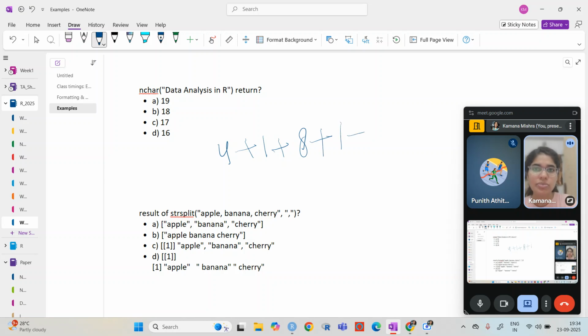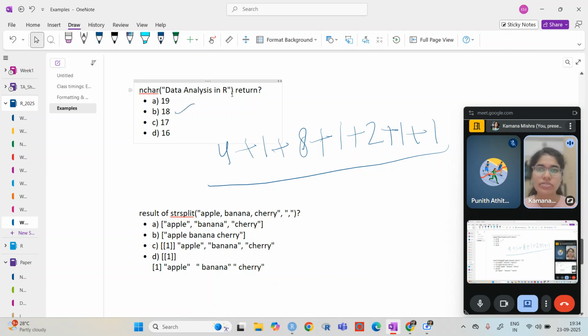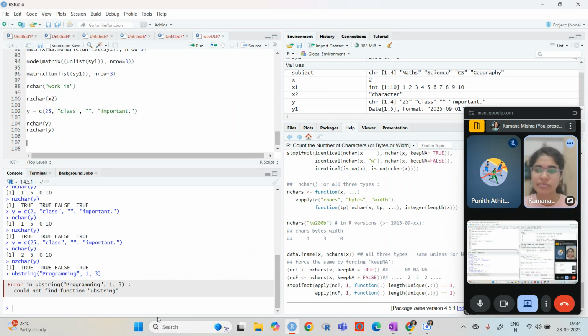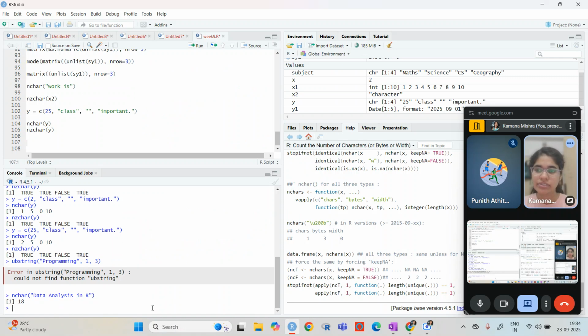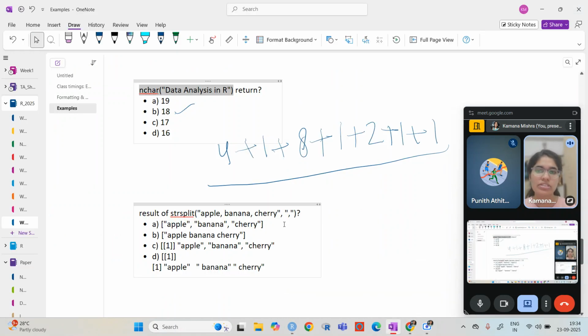Then there is one space, then "in", then one space, and then "R". Or let's do a simple way: 13, 14, 15, 16, 17, 18. So 18 will be the correct answer. Let us do a cross check here. Okay, 18 is the answer.